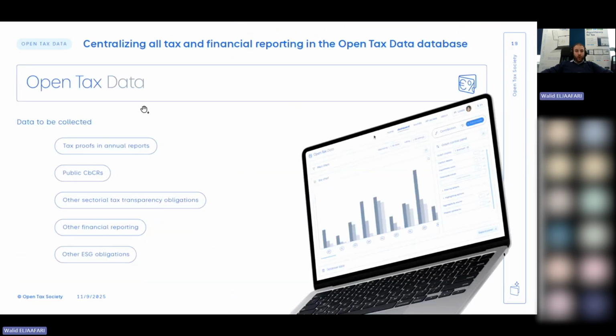So now I'm going to move to the open tax data. This will be a bit less technical, but just as interesting, because currently there is a lot of tax data being shared, and that will be shared in the very near future, by a lot of multinational companies. Right now it's mostly annual reports and tax proofs. Soon there are going to be a lot of public CBCRs shared everywhere. For some sectors, banks and the extractive sector, there is already some available data that we could use. And there are a lot of other financial reporting elements that can be shared. And so the idea is to create a